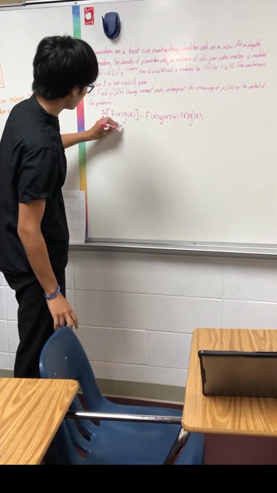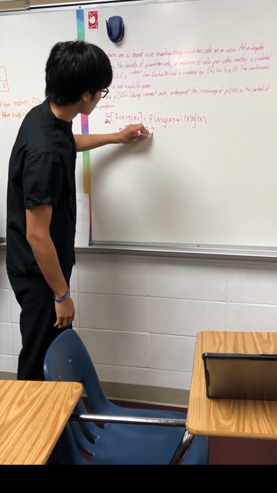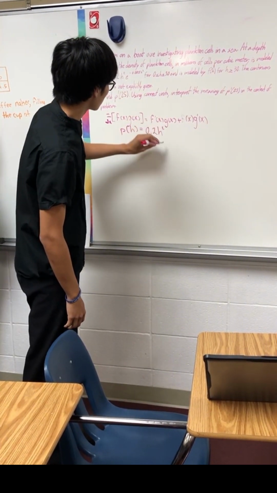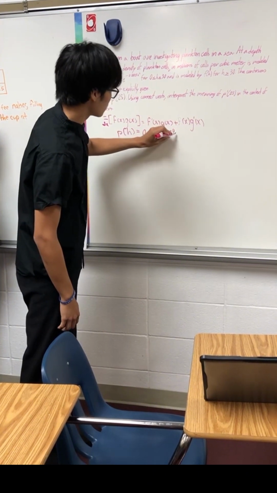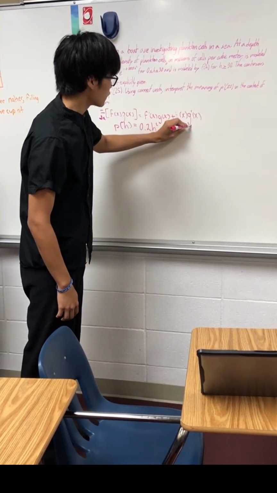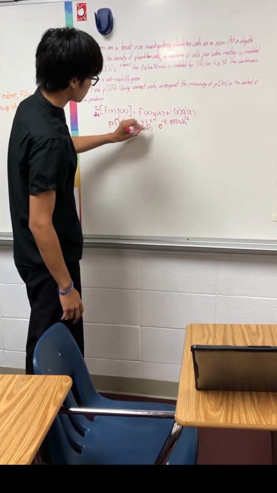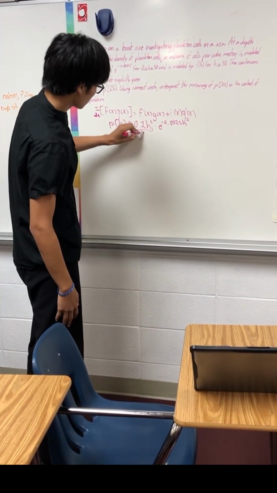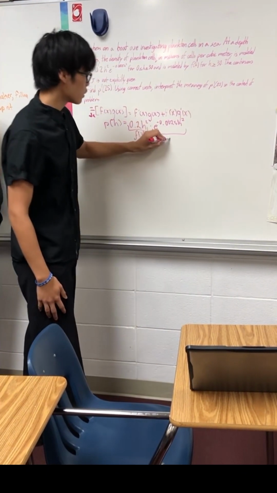So p of h equals 0.2h squared times e to the negative 0.0025h squared. I make my f of x 0.2h squared